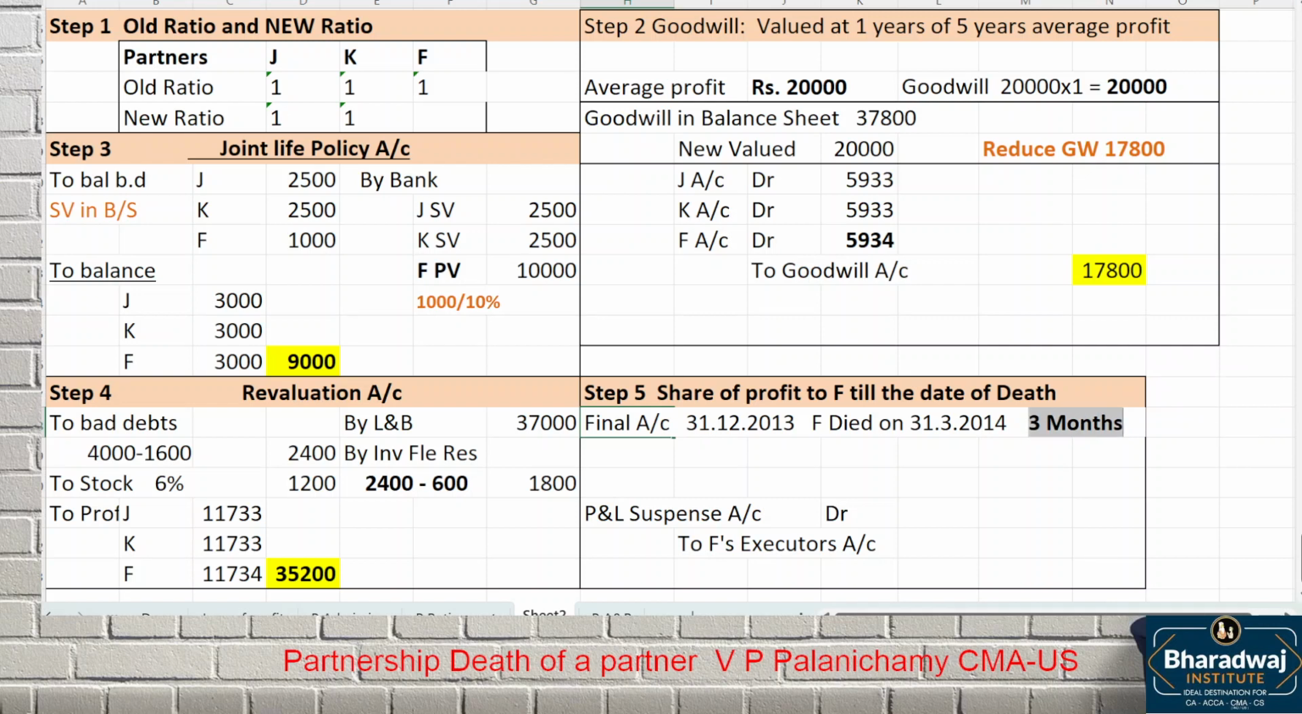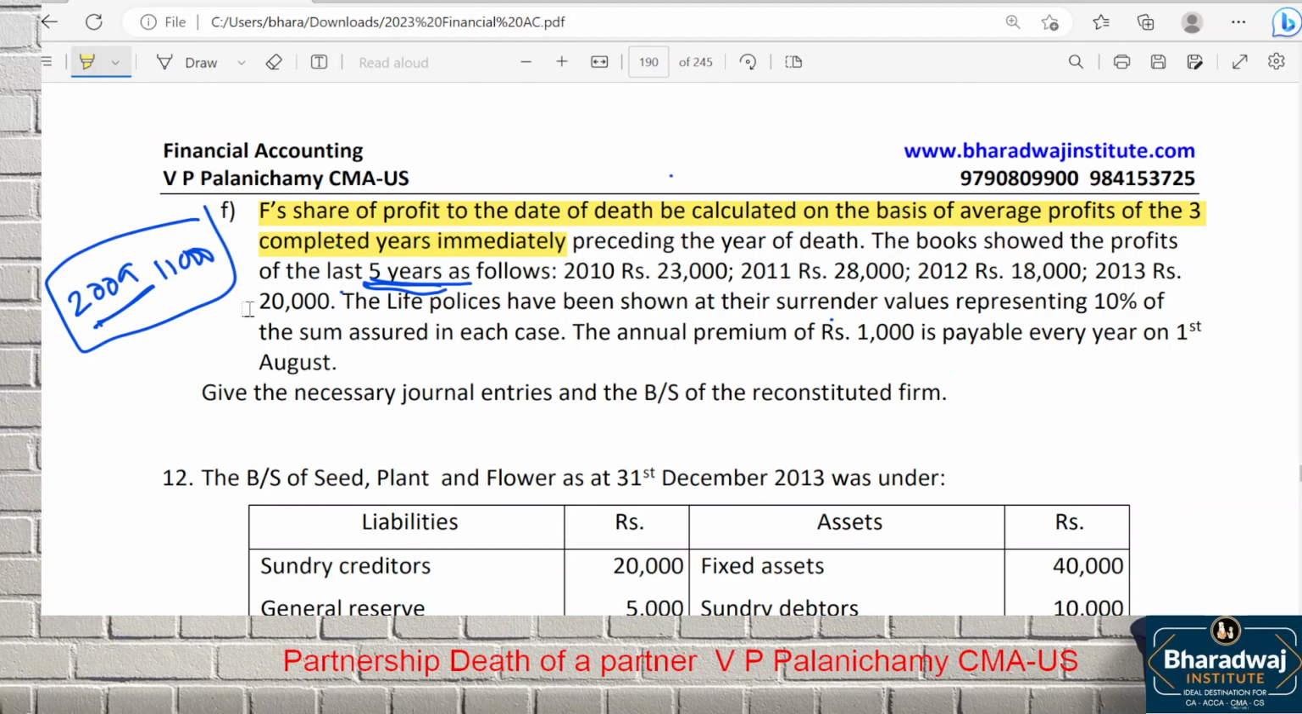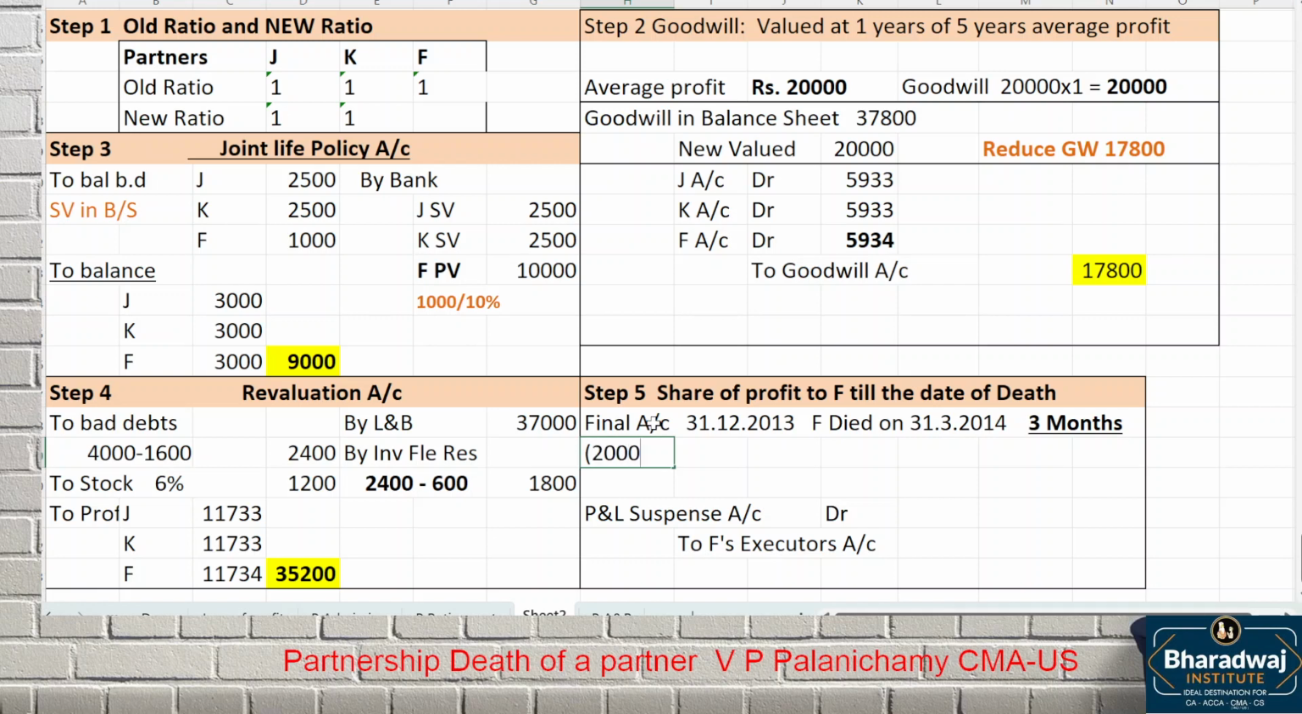How to calculate profit for these 3 months? Based on the average profit of 3 completed years. Take the reverse. 20,000, 18,000, 28,000 by 3. 20,000, 28,000, 18,000, only the 3 years average you have to take. Based on the 3 years average. What is the average you are getting? 22,000 you will get. So 22,000 into 3 by 12, 3 months,